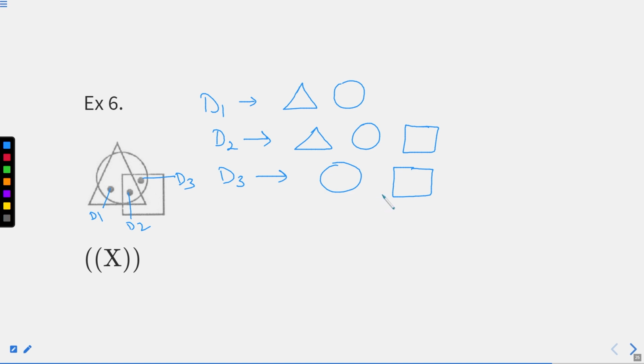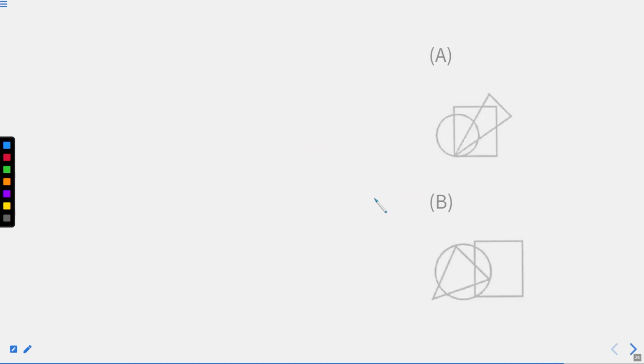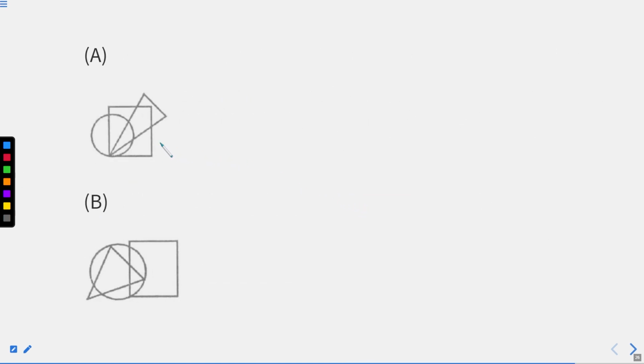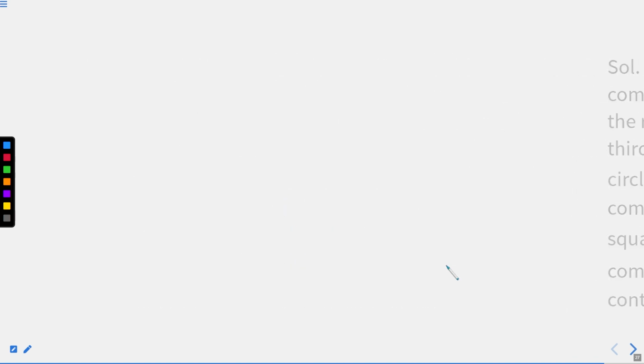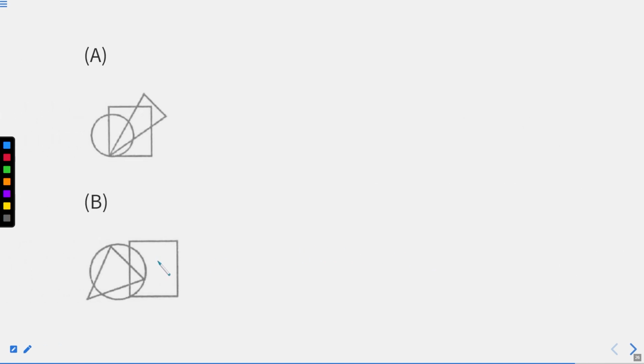So what we need? One figure satisfying everything. Second figure, triangle and circle. The third figure, circle and a square, right? Let's just check. Okay, I will not check this time for you. This is supposed to be done by you yourself. I will directly jump to the answer part where you can see that there is option number B. Let's move to option number B itself, right? You can check it here.